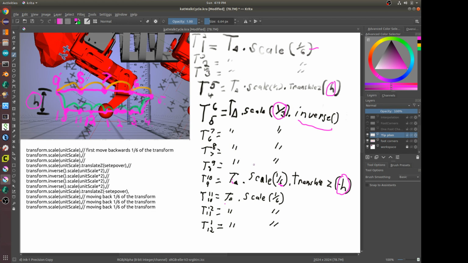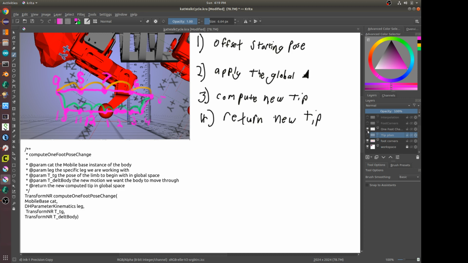What do we do with that? Well, the next piece of the algorithm we're going to need is the math from last week. We're going to turn it into a function here. And this function is going to take in the body, the specific leg that we're working on,